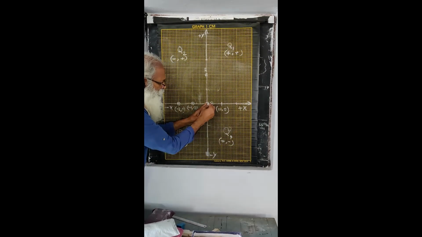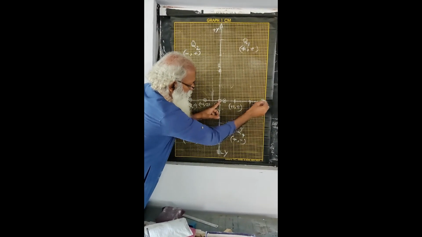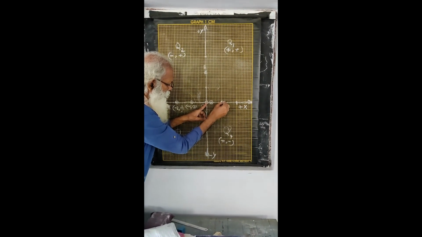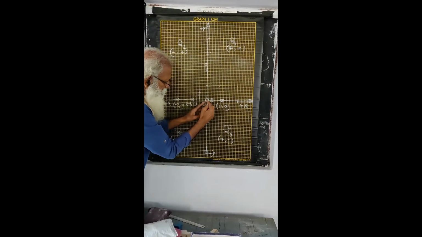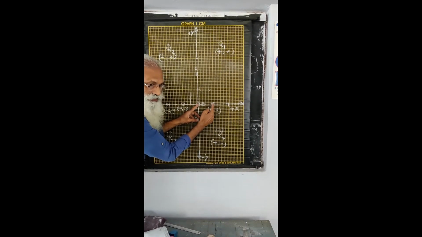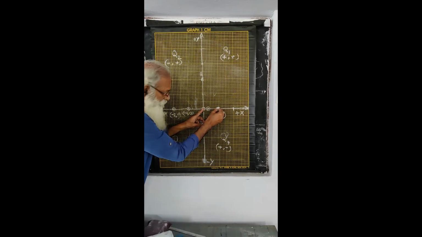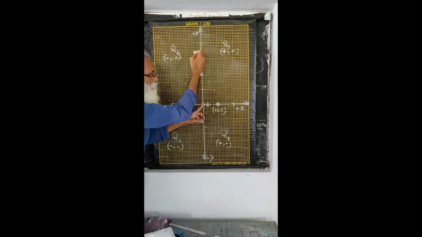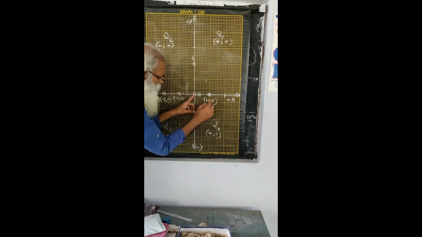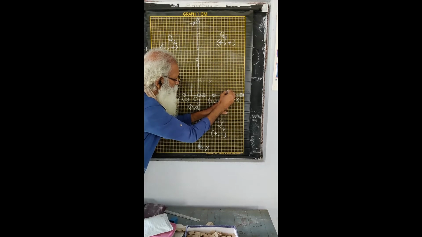Now, we choose how much is 1 unit. So this is 1 unit, this is the second unit, that is the third unit. Okay. So we say the coordinates of this point here, I put a little circle around the dot. From the origin we go along the positive x-axis by 1 unit. So the x coordinate of this point is plus 1. That is, along plus x we move 1 unit. But we haven't moved either towards plus y or minus y. Therefore it is 0. Okay. So for the points on the x-axis, this point is (plus 1, 0). Similarly, this point is (plus 2, 0).